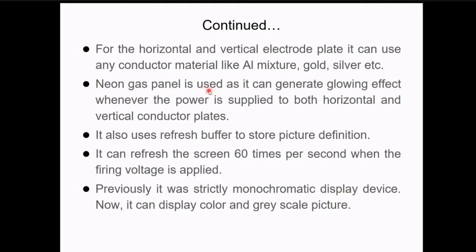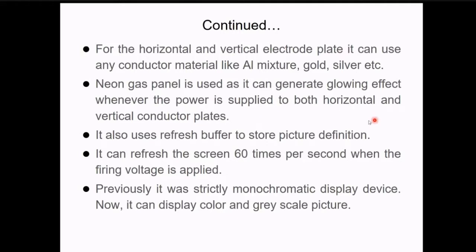Now here we are using neon glass panels, because when you hear the word neon, the very first thing that comes to mind is something glowing, very catchy to the eye. That's why we are using this neon gas panel, to make it very pleasant to the user.